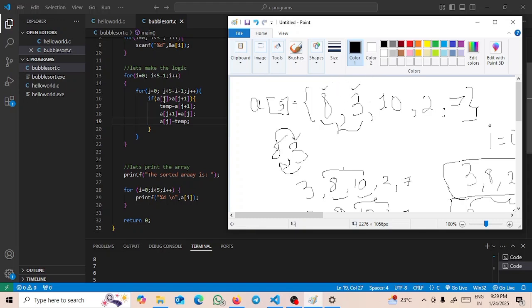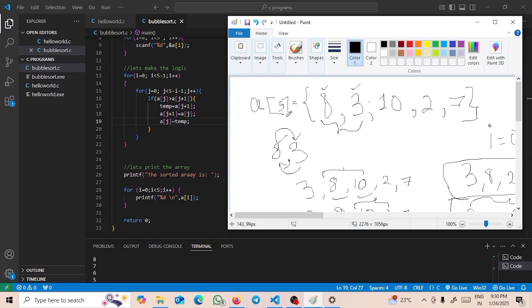Here we can see j and j plus 1. So if A[j] is greater than A[j+1], which is 8 greater than 3, then